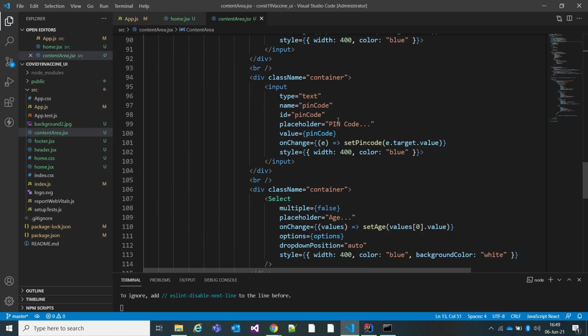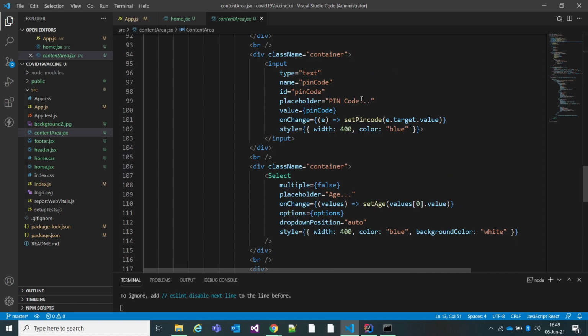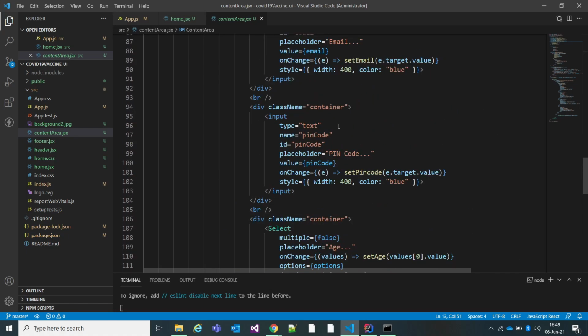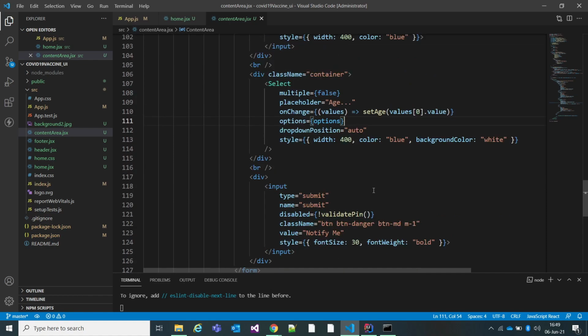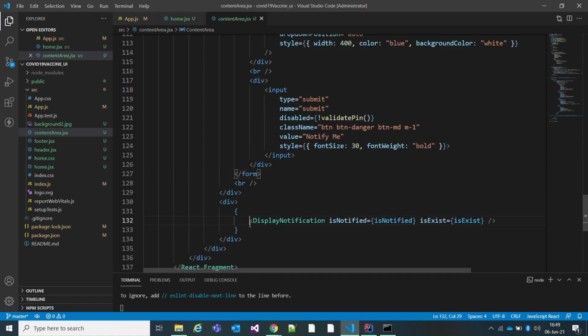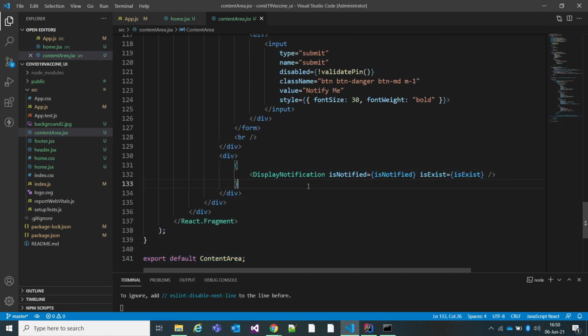So let us talk about how it will work. Once you enter the email ID, pin code, and the age, and hit the Notify button to notify, there is conditional rendering.